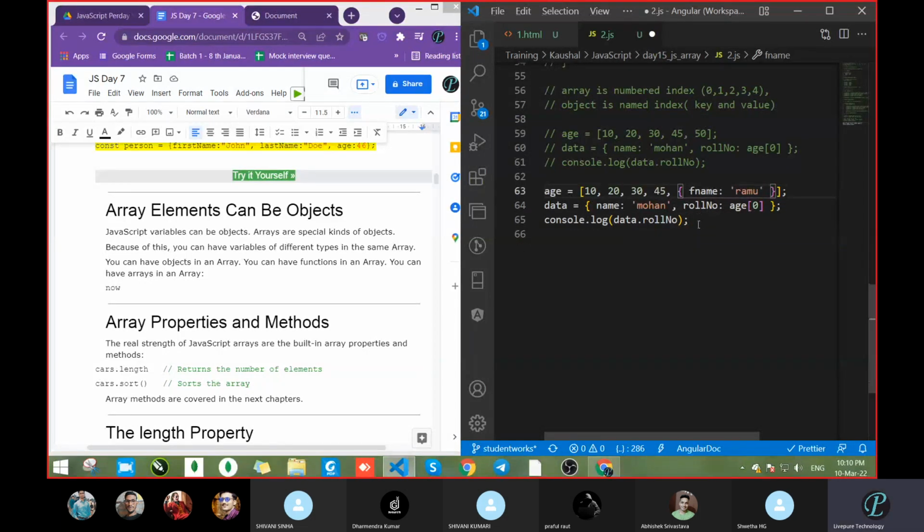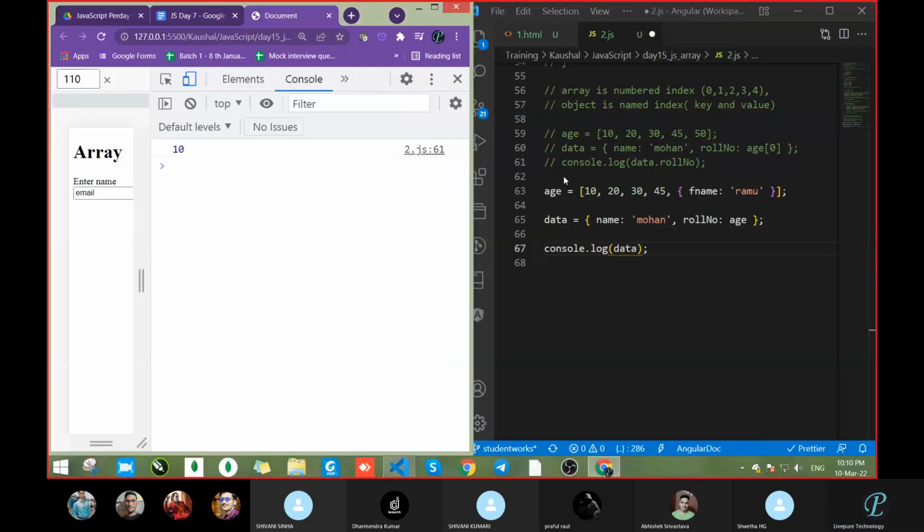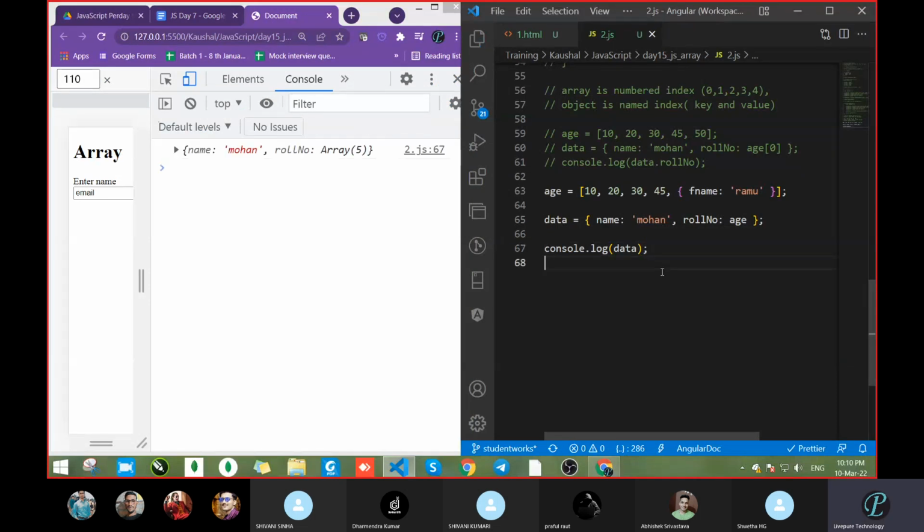Fine. Now tell me, Praful, how to get this Ramu data. Now see what I have done. console.log(data).